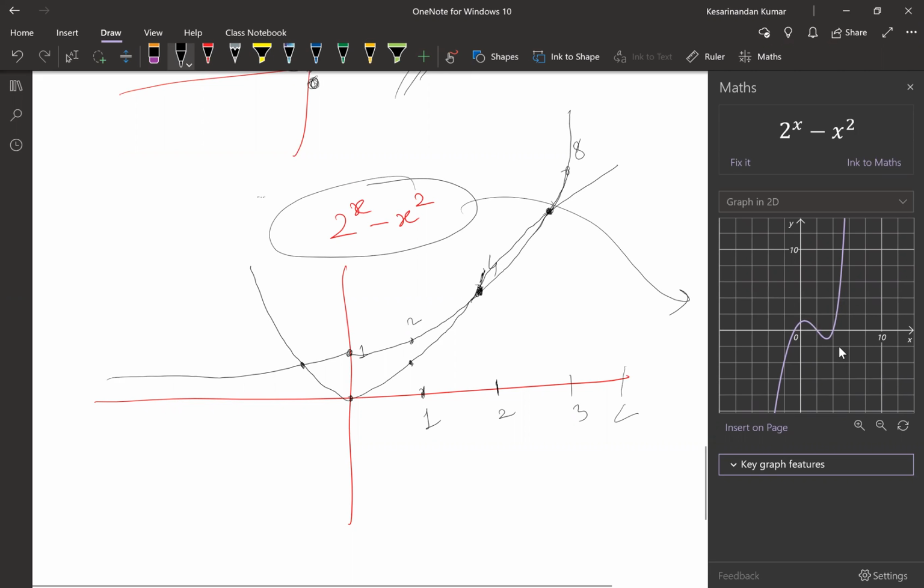You need to have an accurate graph, so you will get somewhere around here. At x is equal to 4 and y somewhere here. X is 4, y is 0.04, somewhere. This is where you will